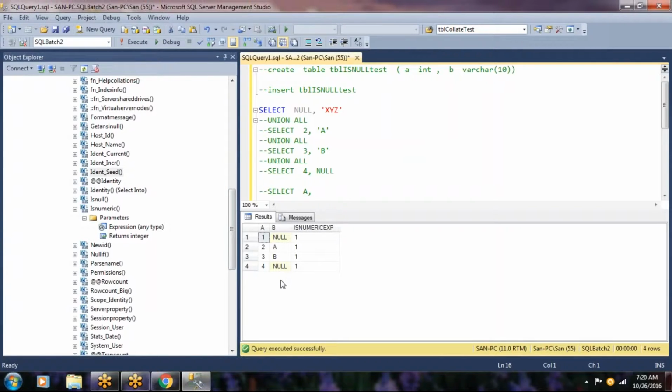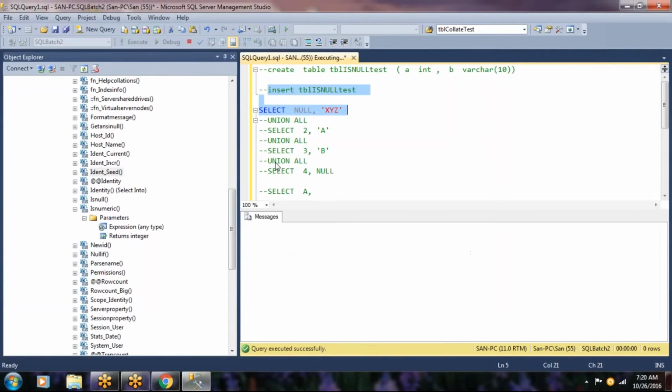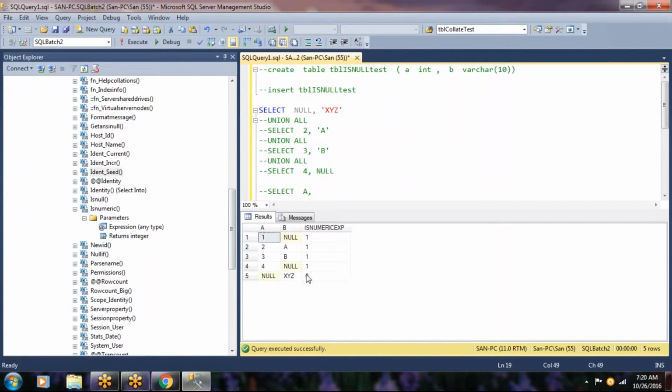If you see, this is a numeric value, this is a numeric value, this is a numeric value, and this is a numeric value. But here this is a null, which means the value for this column at this row is nothing. So this doesn't have any data. That's why it is returning 0.